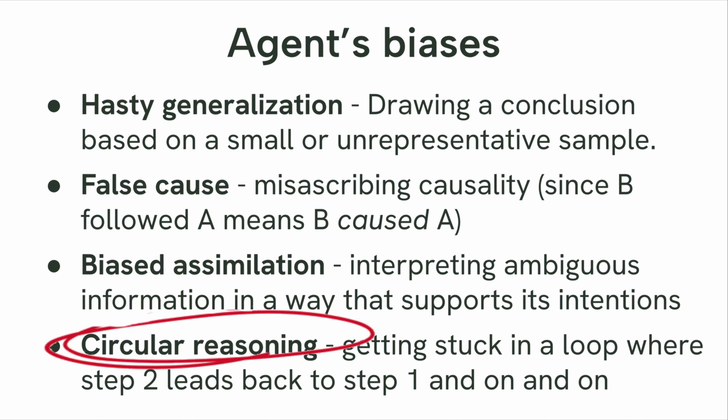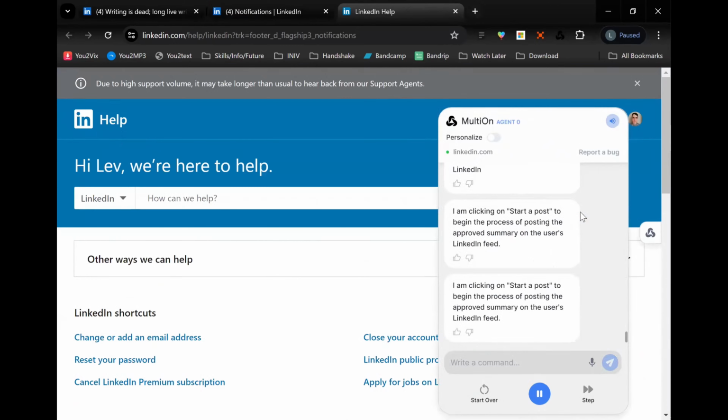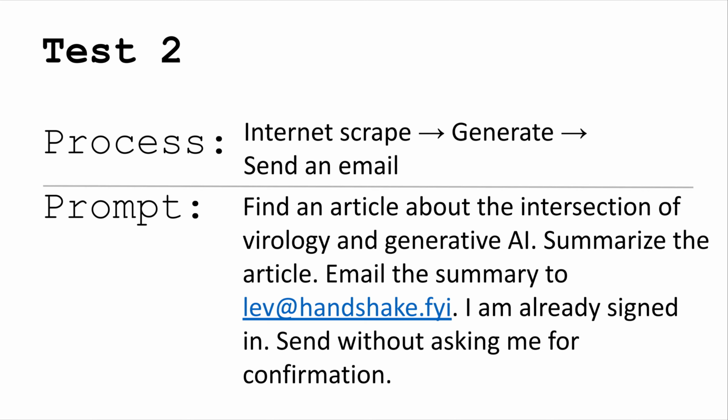As we have seen, it retried to post the article, it even went to LinkedIn's support page to look for solutions, and ended up in a loop which would have posted LinkedIn articles indefinitely had it not crashed. And with that, let's move on to test 2, which in my opinion gets increasingly more difficult,